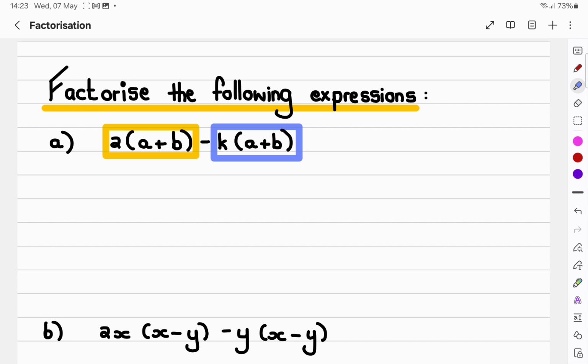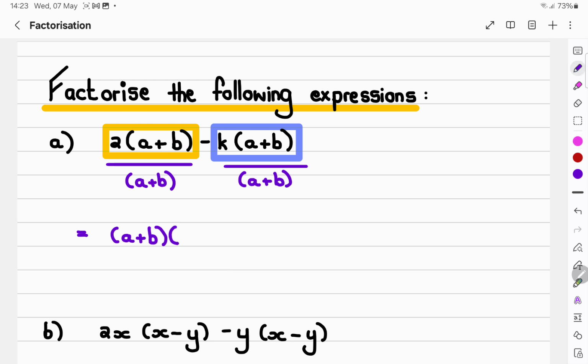Now, if you look at the yellow part, I could have asked a grade 1 learner to tell me what is the same from the yellow block to the blue block. Can you all see that it's got a highest common bracket of a plus b? So basically, both of them contain a bracket that is the same, not just a term, but a whole bracket. So that is what I'm going to take out. I can take out a highest common bracket of a plus b. Now, if I'm going to go and apply